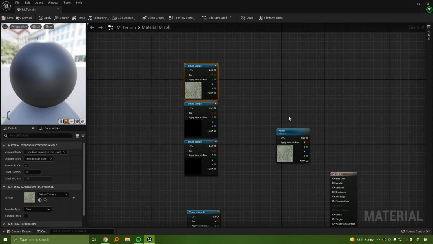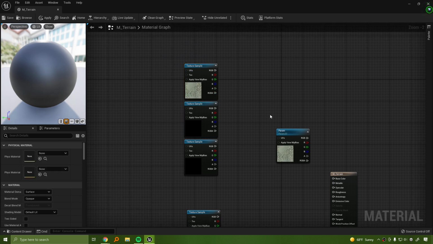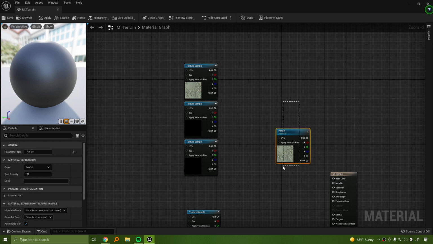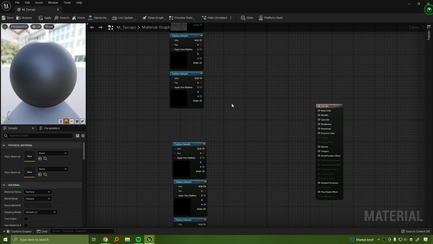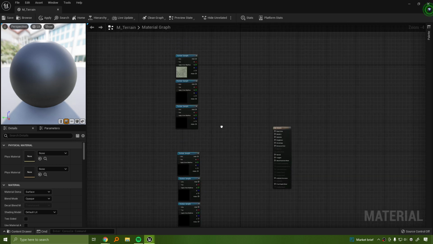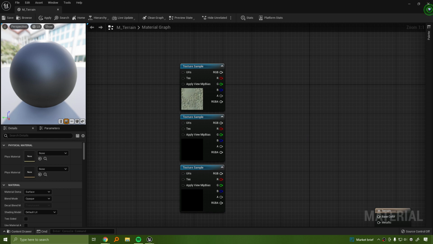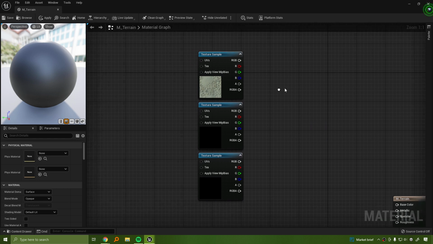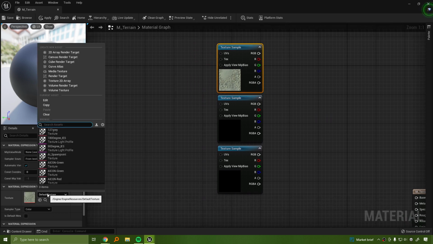So essentially you can make kind of your own version of this. But what I like to do is copy this a bunch of times. Let's go ahead and just leave this alone for now. We'll worry about making this a master material later if we really want to. But we'll do this the old-fashioned way. Not really old-fashioned. Let's go ahead and select the texture sample here, and we'll grab the